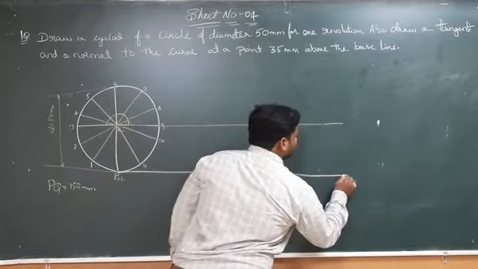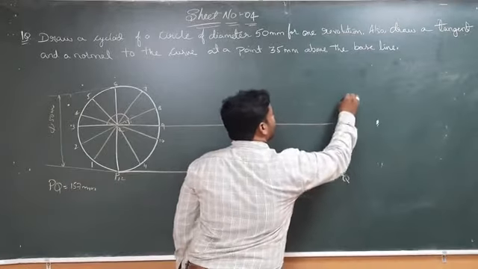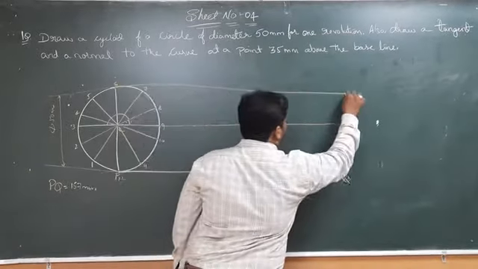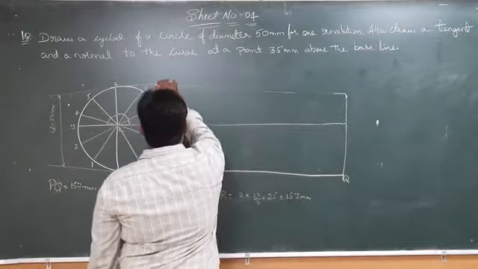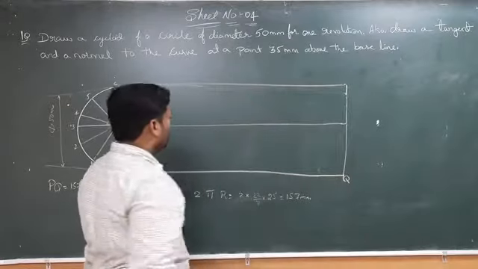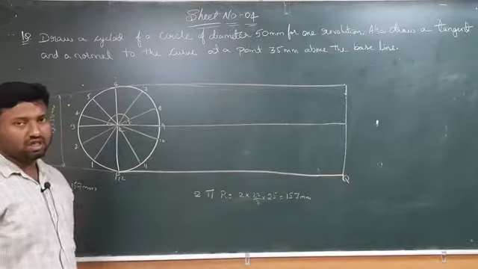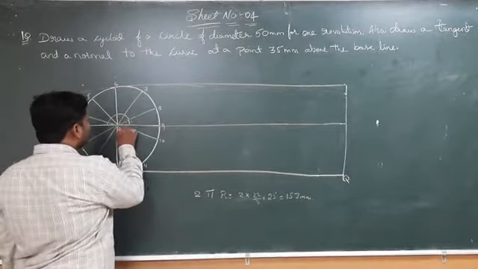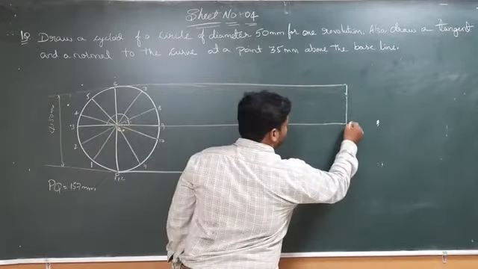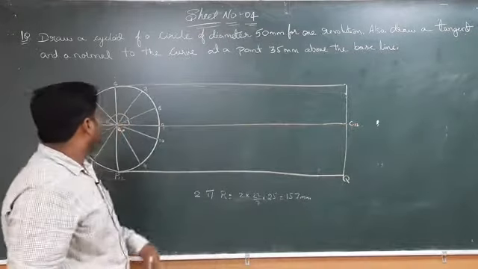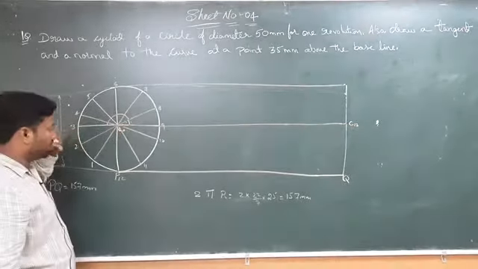Now we have to join this line up to here and we have to close this. Like this we have to draw. So here, in this way we got a total length of that one, and we have to draw a parallel line, that is the center line, from C to C12. Why I have taken 12 means here we have divided the circle into 12 equal halves.